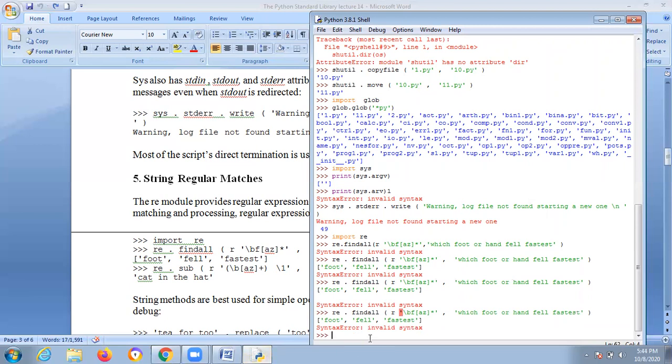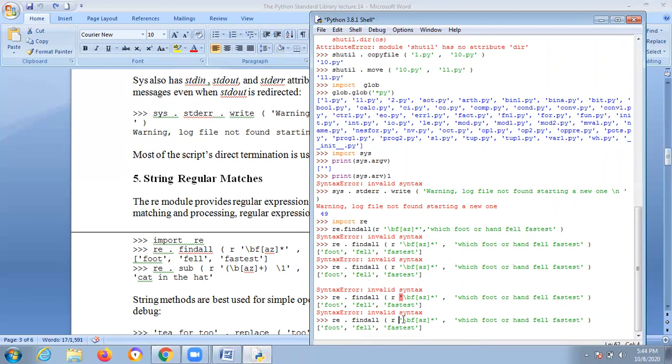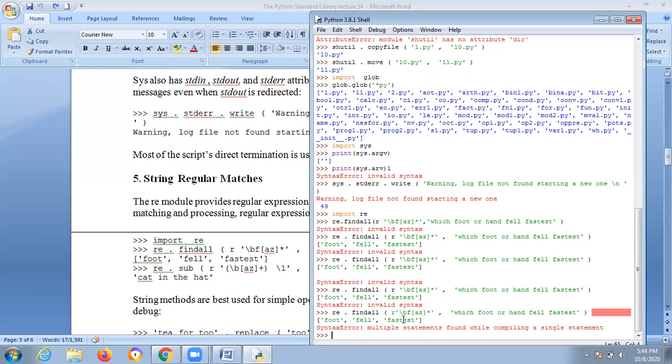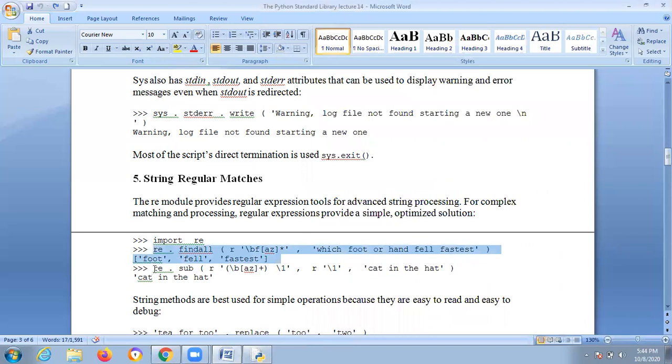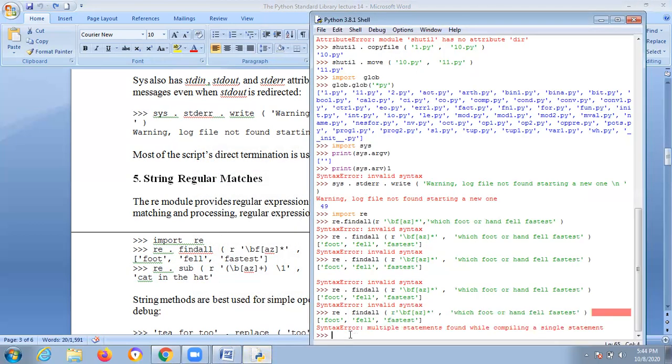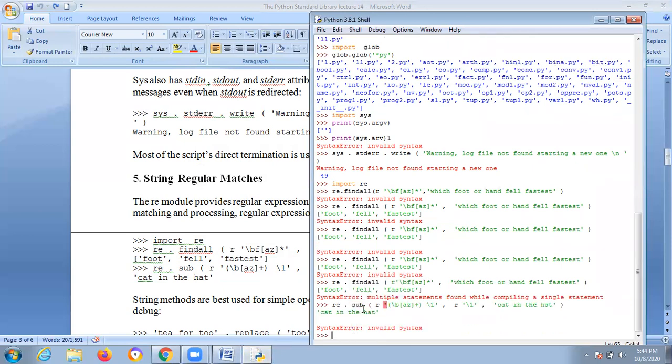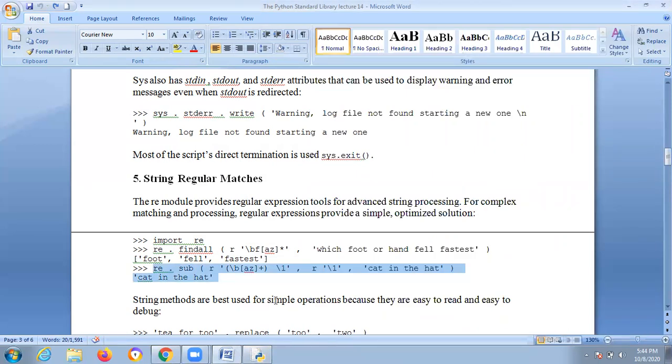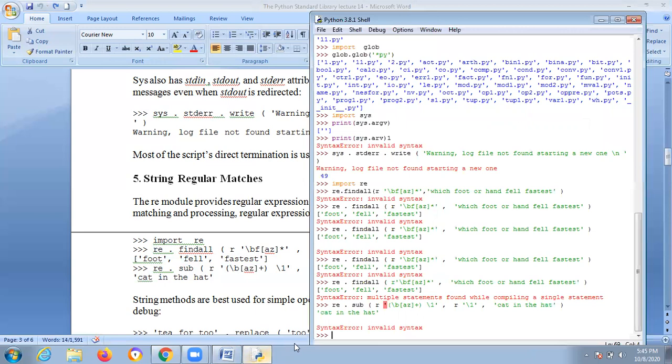Here you are giving re.findall, and each and every bracket gets closed now.